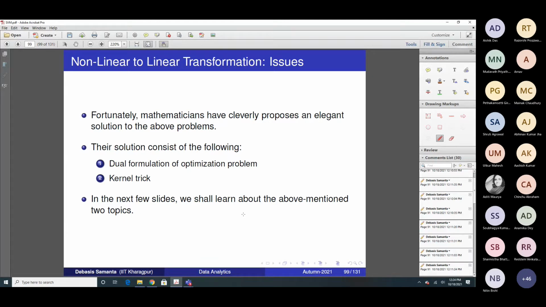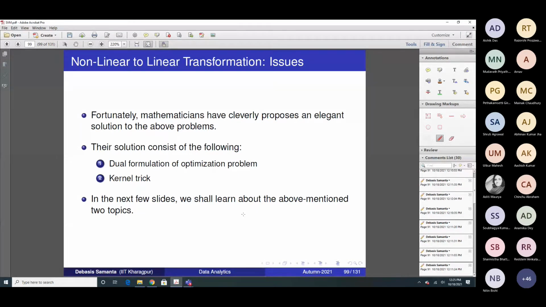So y equals f(x) is the one form, and its dual form is y' equals f'(x). Now f'(x) and f(x), how are they related? As I said, f'(x) equals 1 by f(x) or f'(x) equals minus f(x). So there is a dual representation. And in this duality concept, if the previous one is the maximization problem, then the latter becomes the minimization, and vice versa.